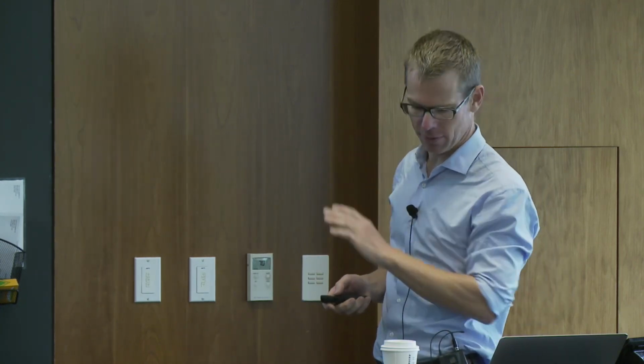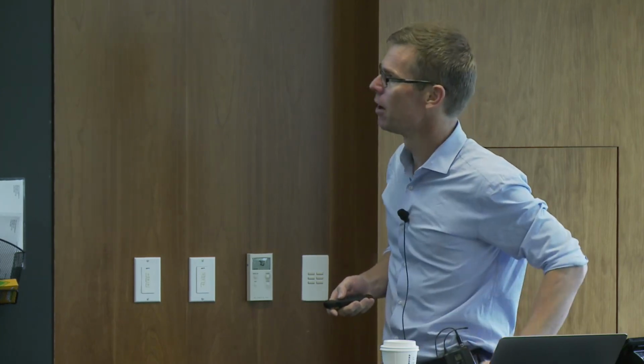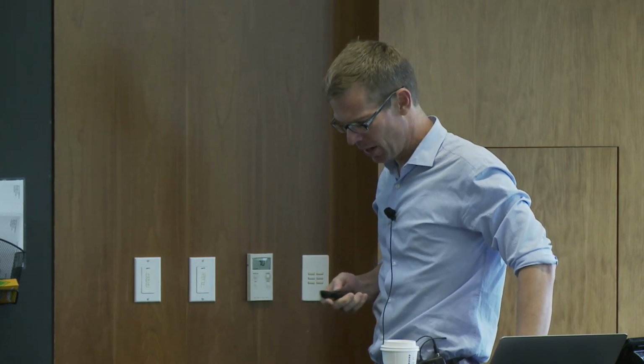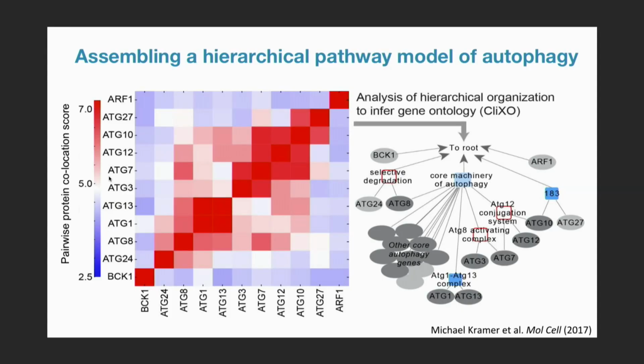So I'm going to summarize the first bit of this, just in interest of time. But the first thing we do is we take a bunch of different measurements of those sorts, a bunch of different network kinds, and we integrate them into a single pairwise protein-protein co-location score. And this is actually following the work of many other groups that have built integrative frameworks for doing that. Here we use a random forest where we simply put in each evidence type: protein-protein interaction, is there evidence for co-expression, is there evidence for synthetic lethality, yada, yada, yada. There's about 80 different features actually that go into these things.